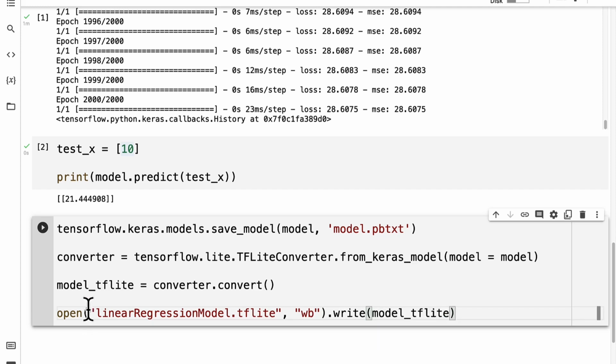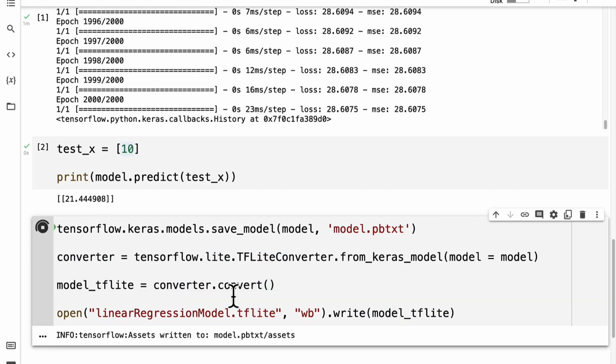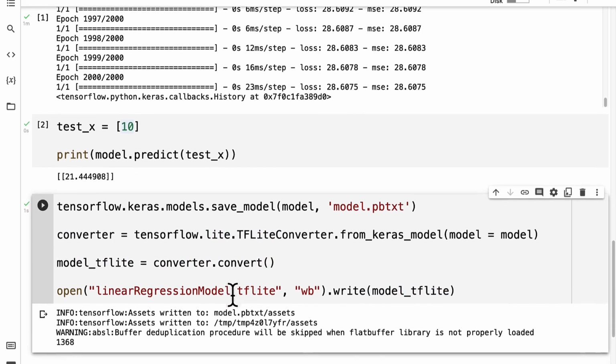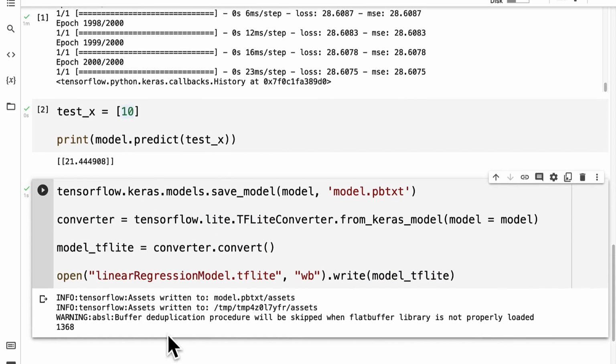So we are taking the TensorFlow Lite file with all of its equations and writing it from this model TensorFlow Lite. Okay, then I'm going to run this code cell,